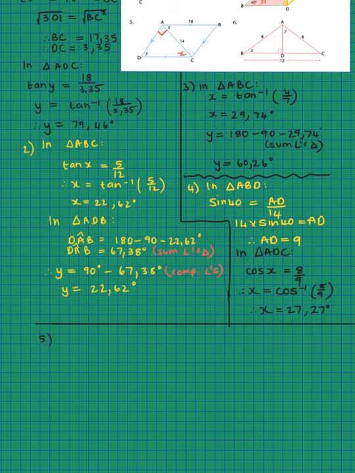So in triangle ABC, all right, what's happening? From X, my reference angle, this would be opposite, hypotenuse. This length 14 is the adjacent side. So they've given me adjacent and hypotenuse. So adjacent over hypotenuse, we create cosine. All right. So cosine X would be 14 over 18. So X would